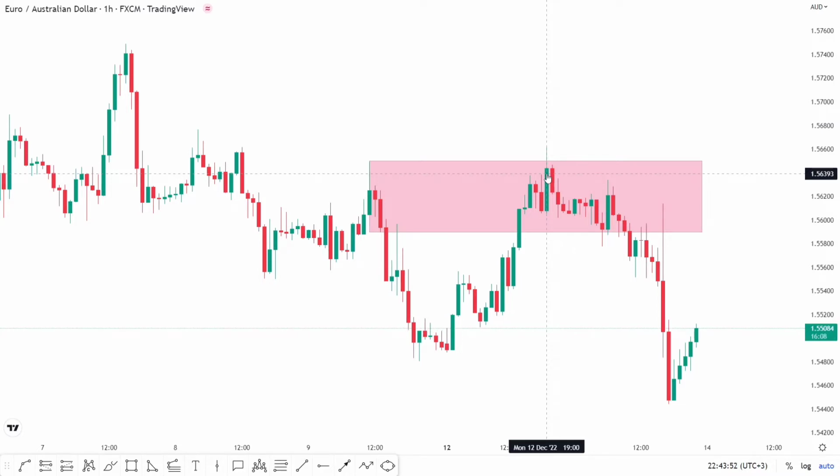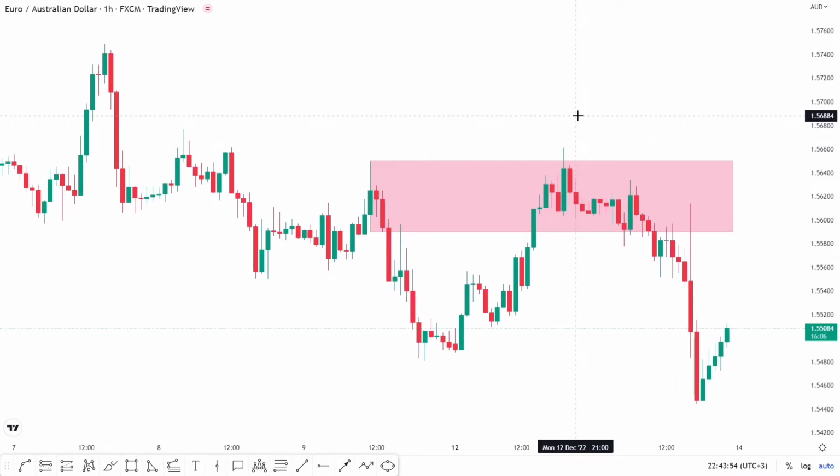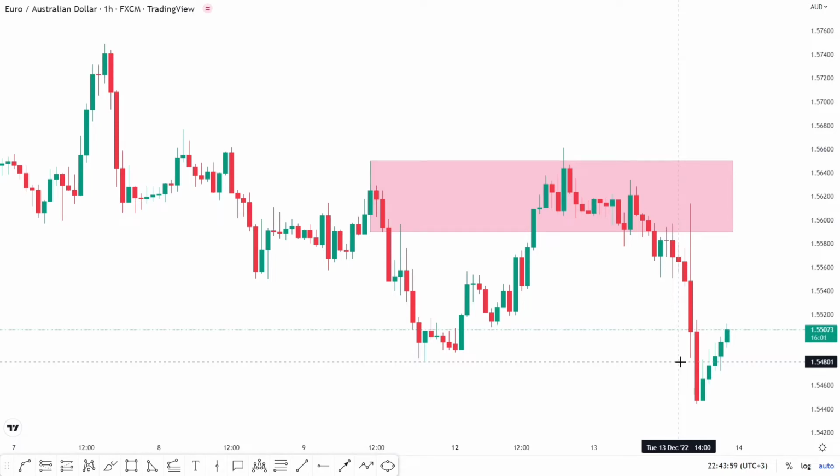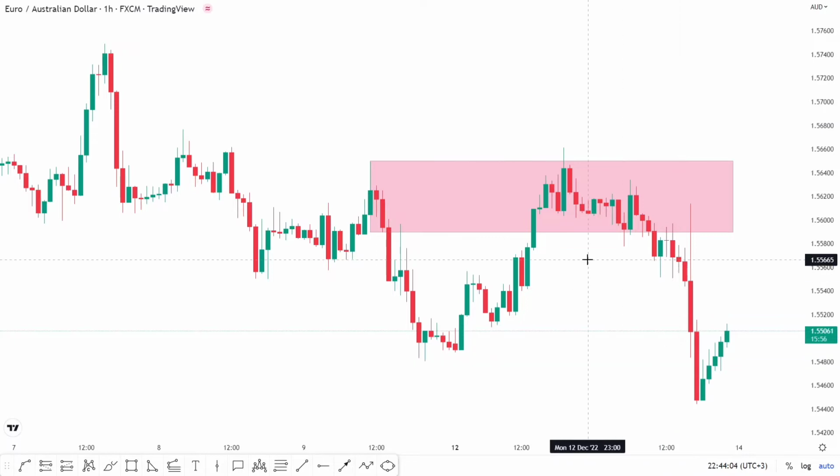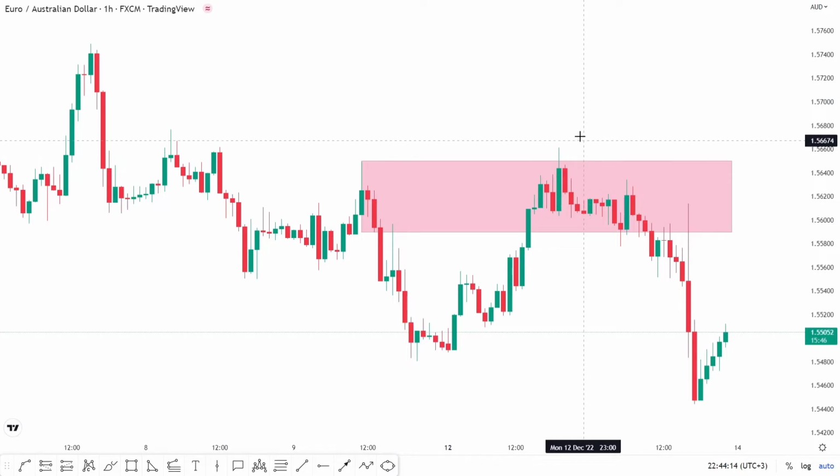When you're looking for confirmation, the first thing is to see how price will react. If we want price to go down, we want to find a reaction that shows us that sellers are becoming strong. So when price gets to this point, normally I like to get a rejection candlestick or a rejection wick or shadow at the supply or demand zone. In this case, we got a strong rejection shadow to the upside, which is a good indication that the buyers are being rejected. And of course, they're being rejected by the sellers. That's the first thing that I noticed.